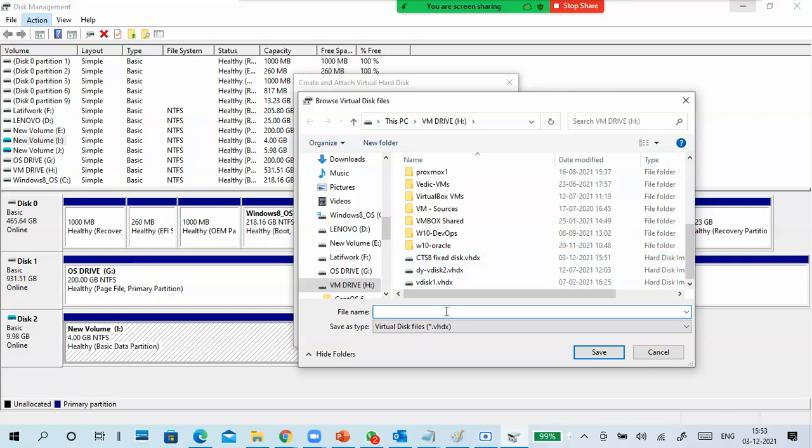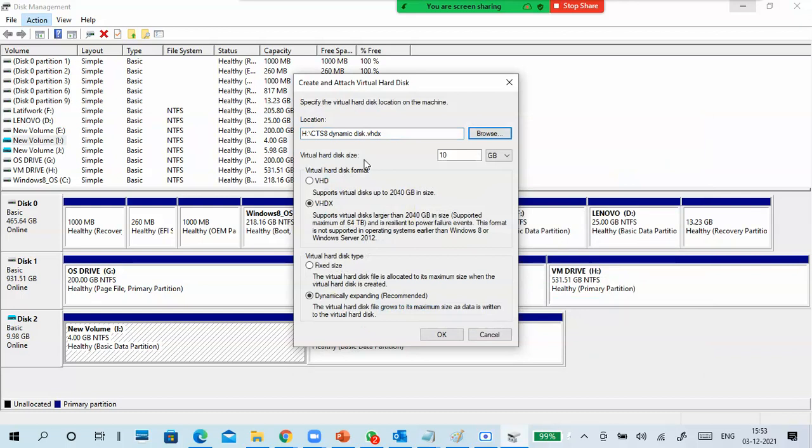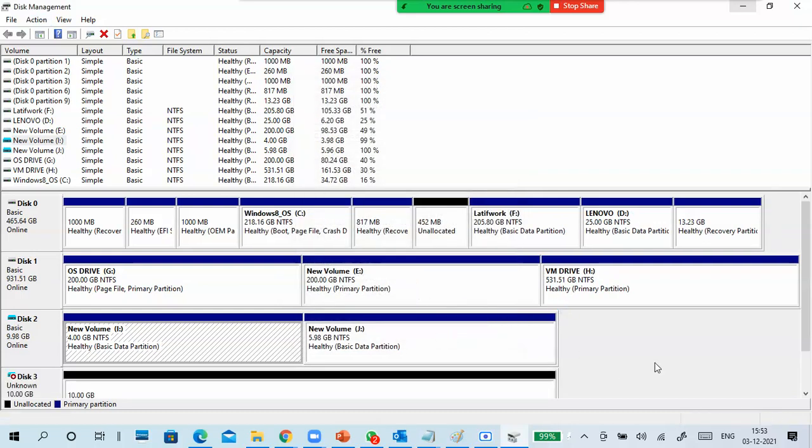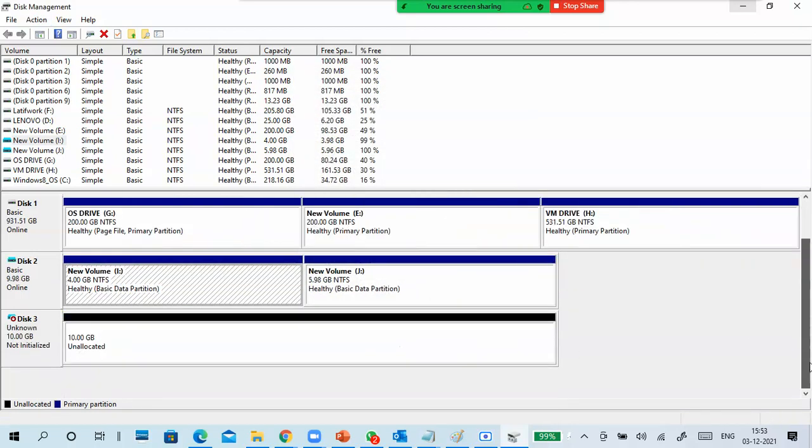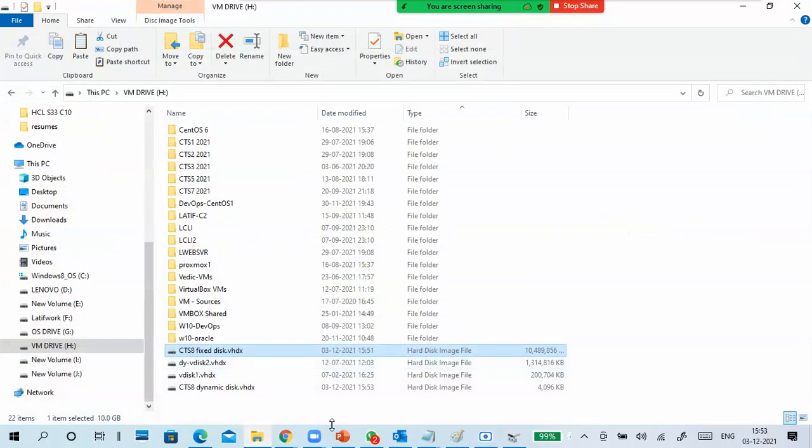Same name I will put, like CTS 8 dynamic disk. See, okay, 10 GB dynamic disk. So it's not a dynamic disk, it's a dynamically expanding disk. VHDX. Okay, dynamically expanding. Click OK. See how fast it is created. And I will show you in parallel what happens.